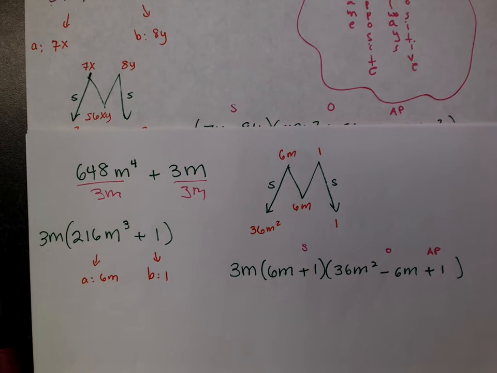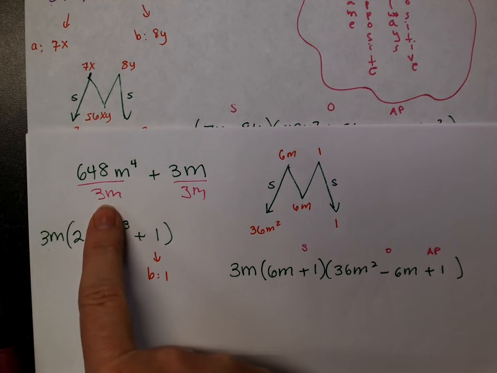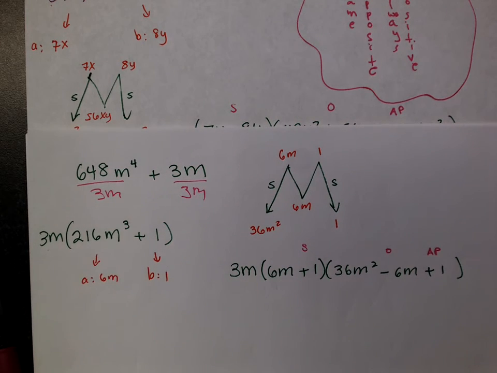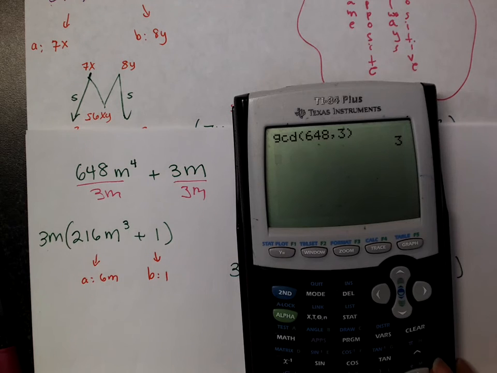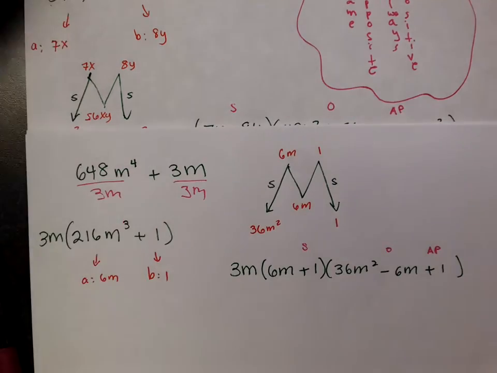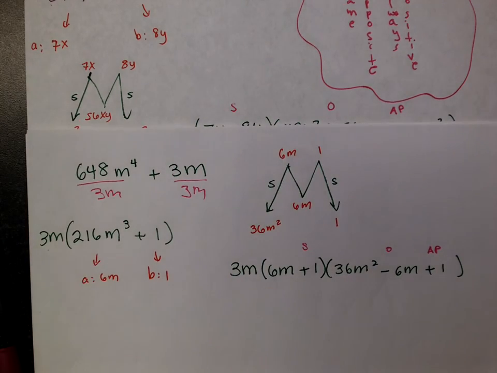I was just wondering, how did you get the 216m? Because of dividing out the 3? Yeah. So first I found the GCF of those two, found it was 3, and then I could just do 648 divided by 3 to see what was left behind. Which one was the